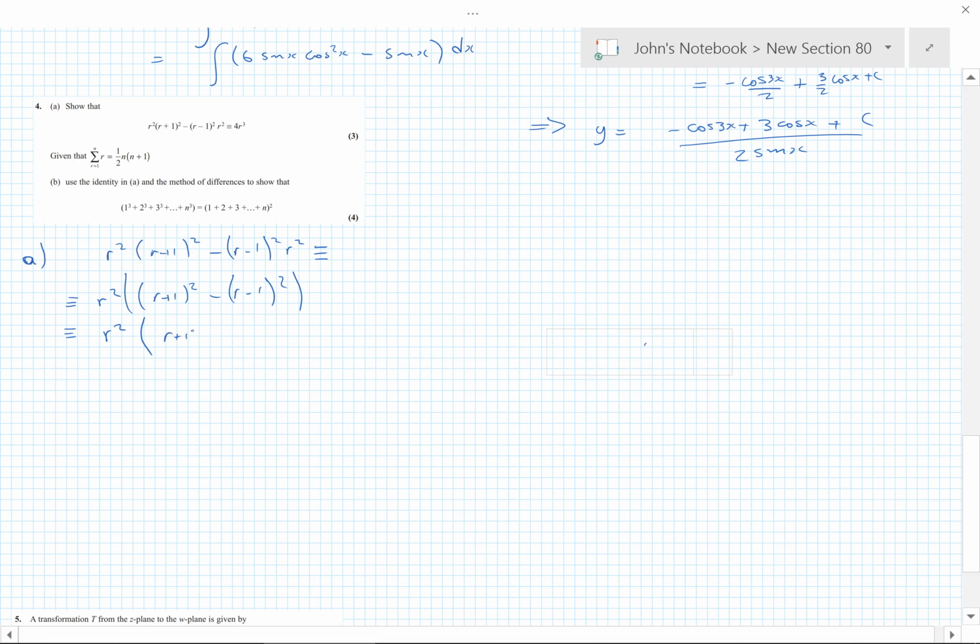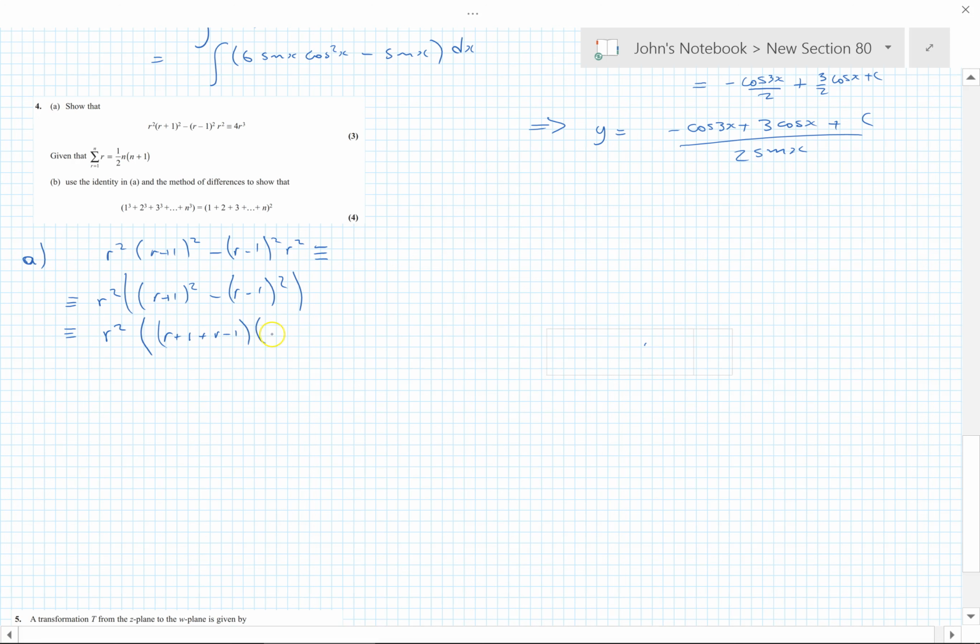I'm going to use a difference of two squares here, but we could just expand it out. That's going to be equal to the difference of those two, so that's R plus 1 plus R minus 1